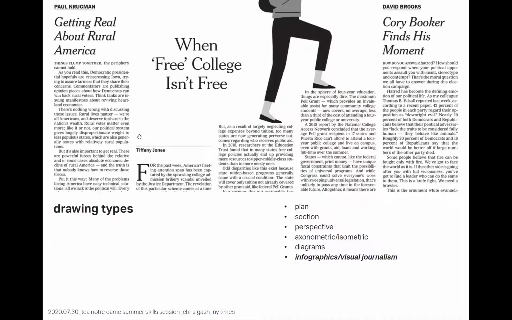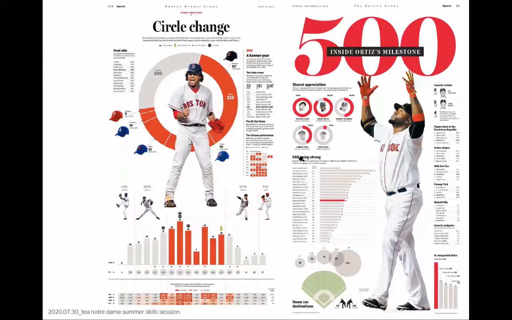For instance, this is taking just simple paragraphs, simple body text, and integrating them into the story that the article is telling. You can find this very easily in sports journalism. I'm a huge Boston Red Sox fan, and the Boston Globe does some great graphics about the Red Sox and their different stats, because stats are a very graphic form of information. And you can mold stats into something like this.